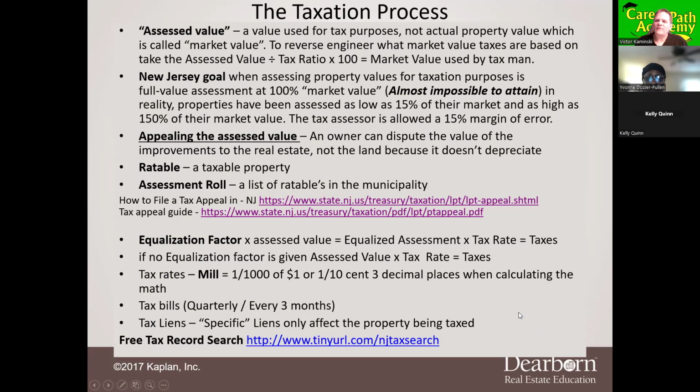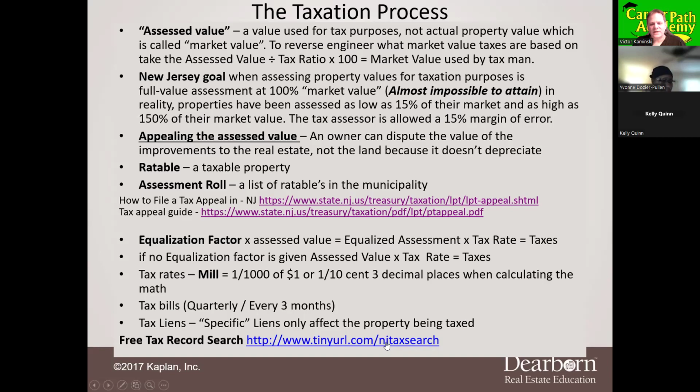And by the way, if you're ever foreclosed on due to non-payment of taxes, it does not affect your credit score. Now, if you don't pay your mortgage bill, that destroys your credit score, your mortgage lien, right? Your loan, that'll screw up your credit score, but not taxes. The municipalities don't report to your credit reporting agencies.